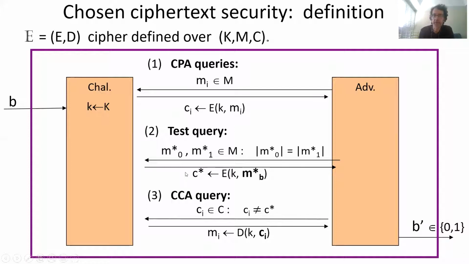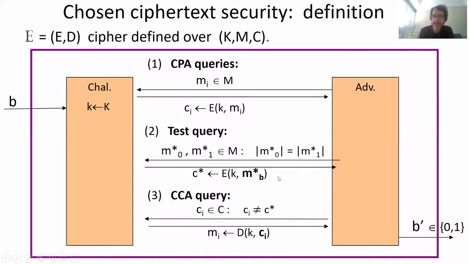There must be something unknown. The intuition is, if there is some message that you're attacking, you cannot force the decryption box to just decrypt that for you, because if you could, then the security is clearly gone. But in spite of this one limitation, you cannot get the decryption box to decrypt the message that you really care about, but you can get it to give you information about decryptions of any other ciphertext.